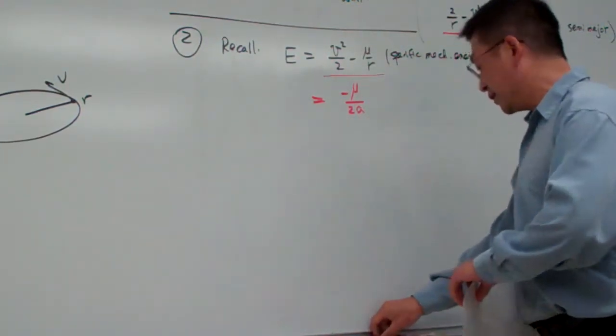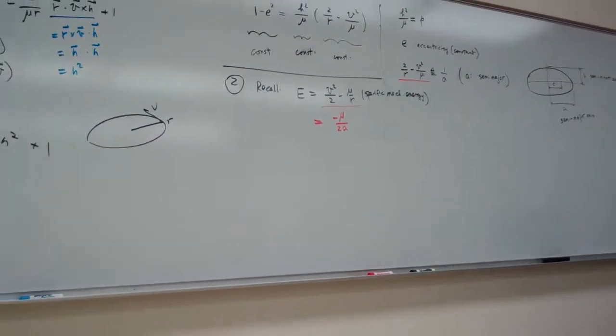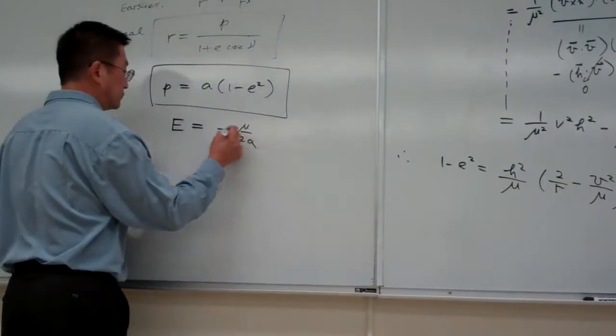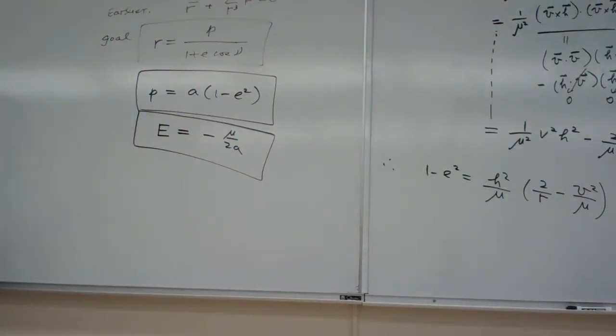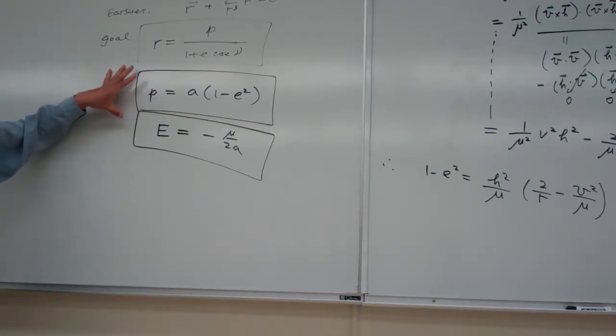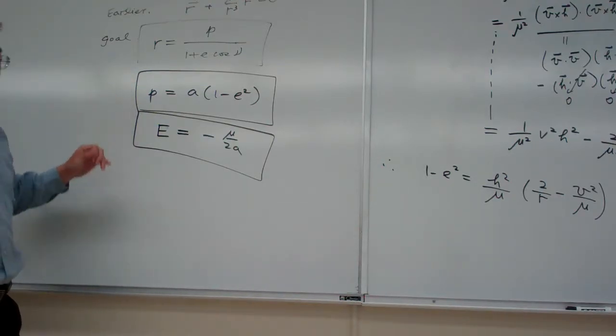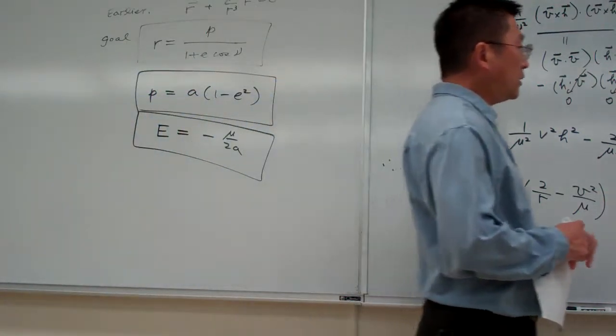So here I add it up here. This equation we're going to use: mechanical energy equals minus mu over 2A. I boxed those equations because I know they will be used a lot in the exercises, so they are highlighted here. And from this equation, you can see the E equals